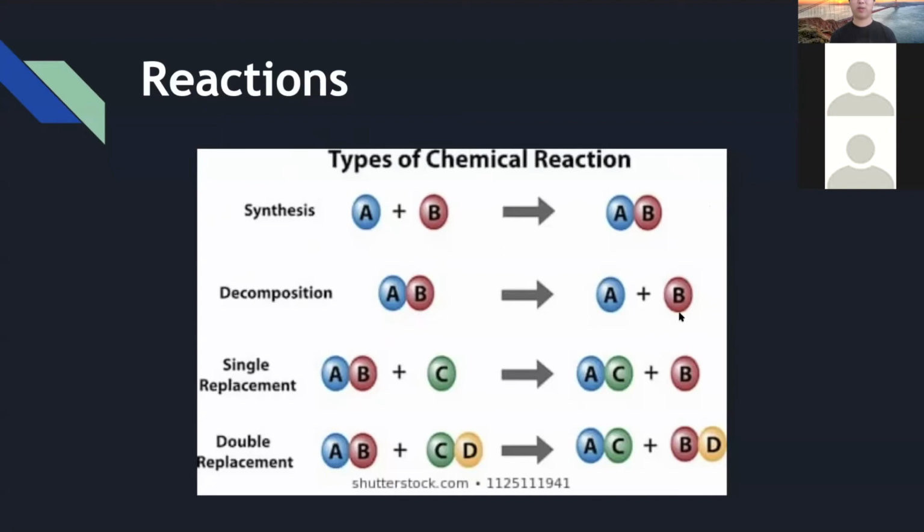Decomposition is just the reverse. I have NaCl, it turns into Na plus Cl. You have the single replacement, which is that, look, you have like NaCl and you have F, for example, fluorine, and then they just switch places. One of them switches places with the other. So that's a single replacement. And in a double replacement, you have like both of these partners are swapping with each other. So one of the partners is swapping, both of the partners are swapping here in the double replacement. So just know that these 4 basic terms